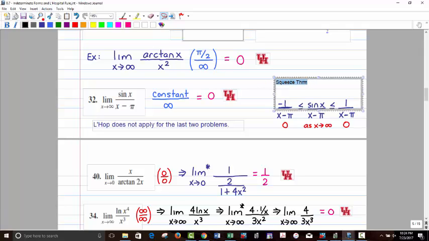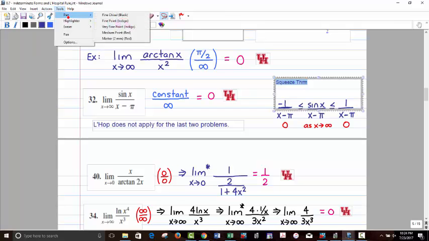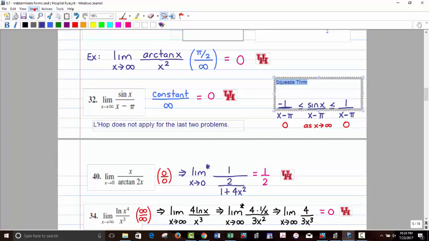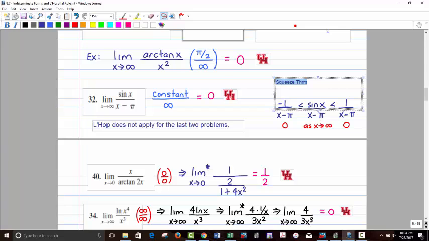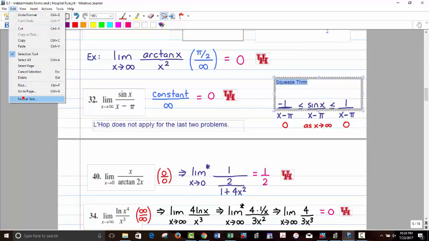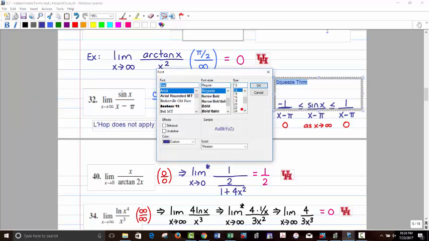So in this case, we have, if I put -1 over x minus pi on the outside, and +1 over x minus pi on the other side,